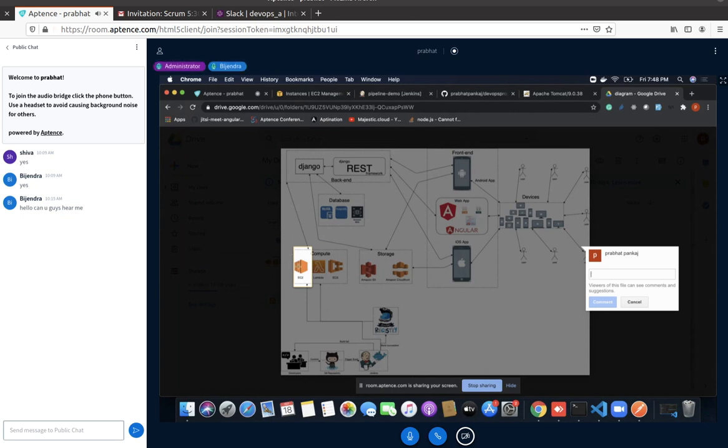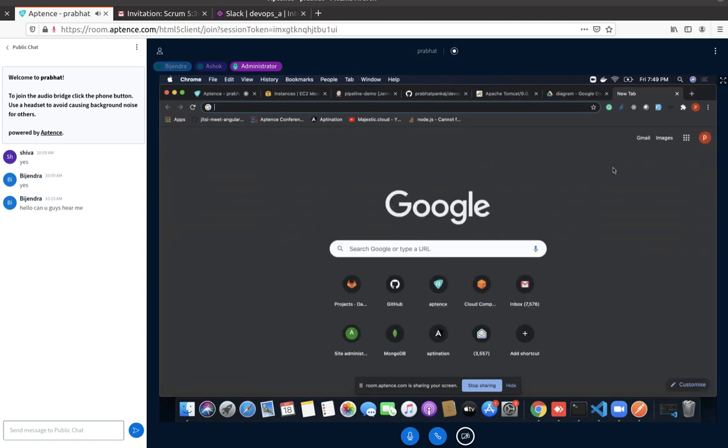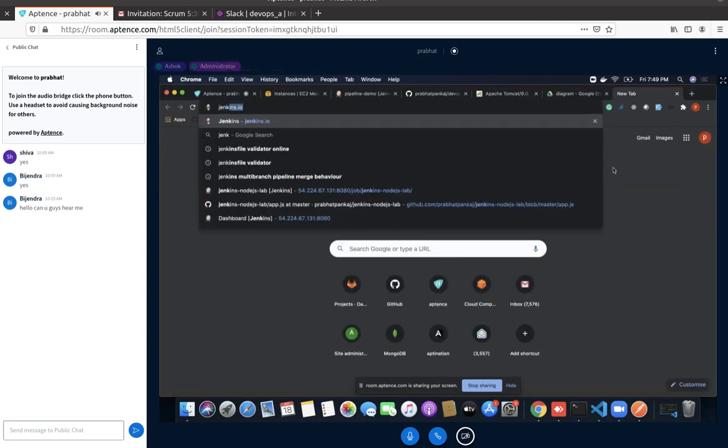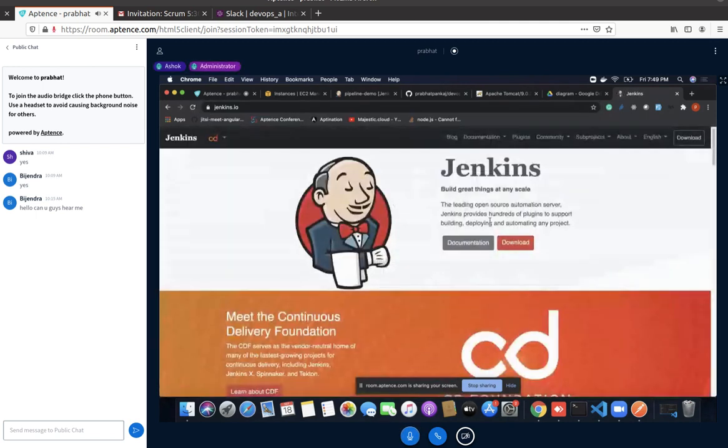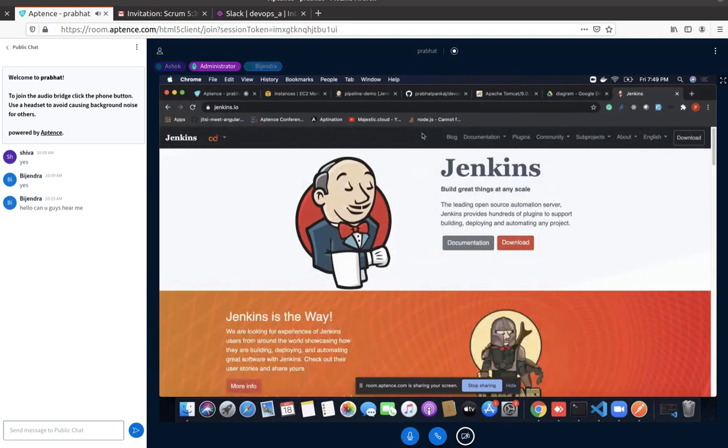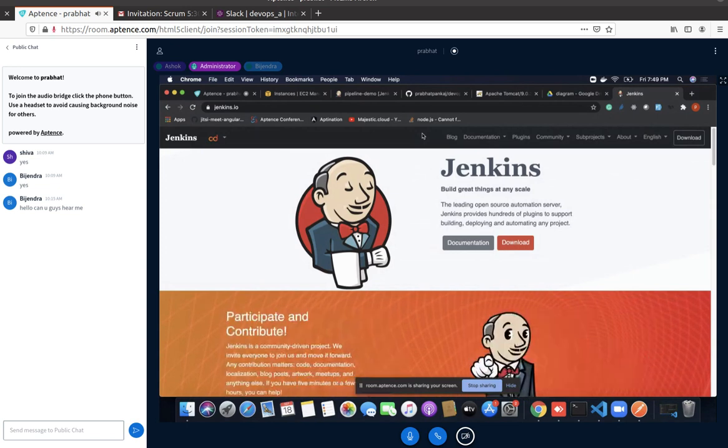Okay, so the next question is, yeah, please go ahead. How do we determine which plugins to use to run with Jenkins? Okay, for that you should always visit the documentation. It is like a book. So just give me a very basic definition of how we should read the book.